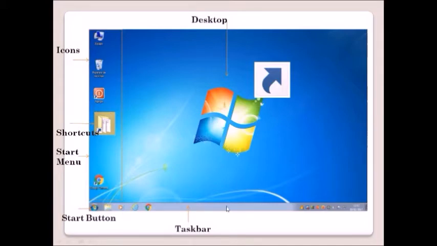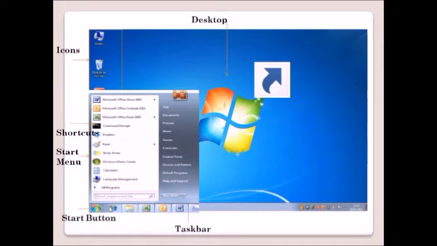Then the taskbar. Look here, this is our taskbar. The taskbar is commonly represented at the bottom of the screen, by default. Then this is our start button. The start button is used to open different types of programs. Then next is the start menu.